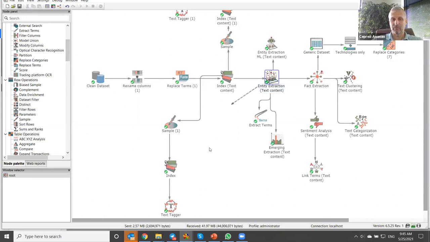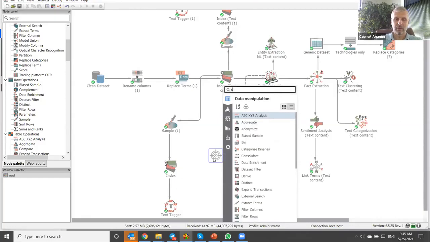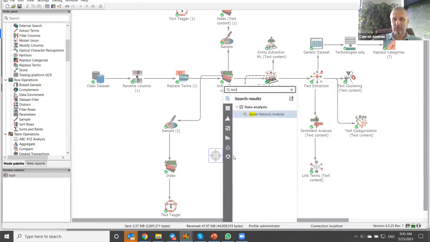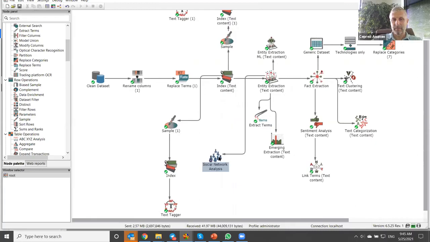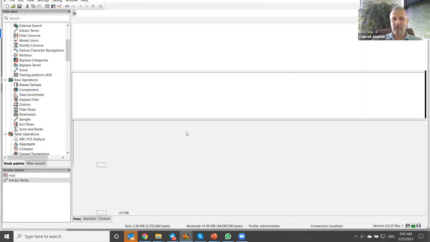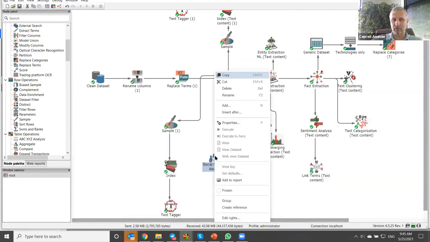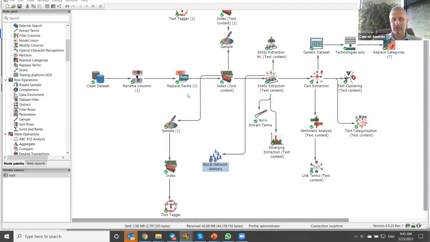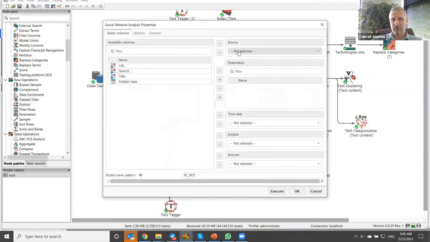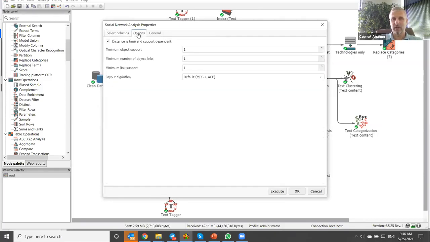So if I look for social network analysis here, this is not the right data for trying out this tool, but you can specify the source, the destination, whether time is important, whether the subject is important, whether there are any numerical attributes, and whether the links are directed or not.